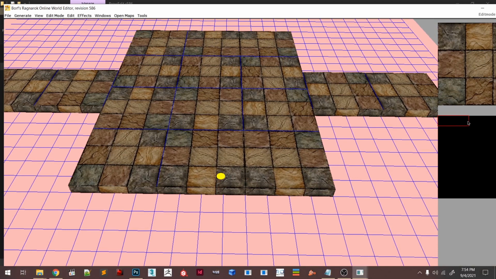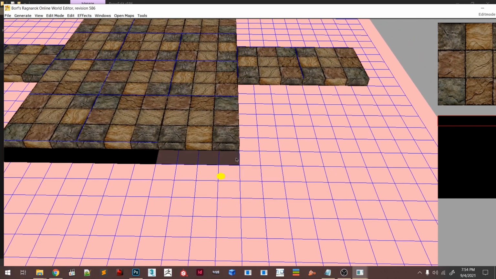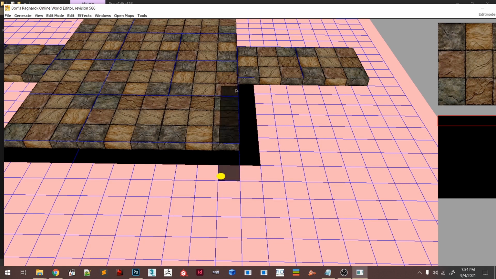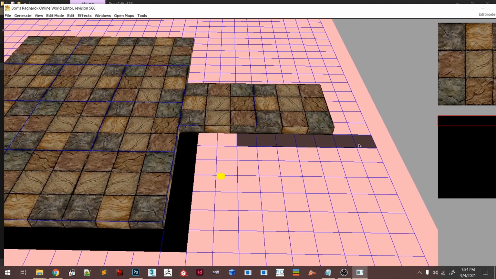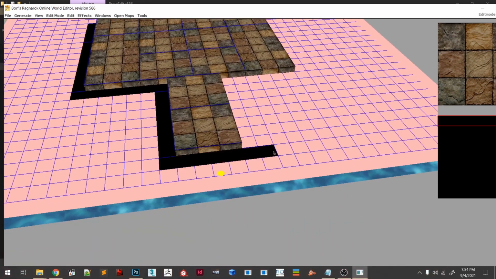And I will select this piece of the texture and fill around my map. So basically when you do that, you will not have the shadow here and it looks better in game.